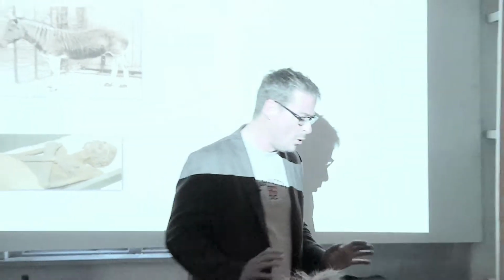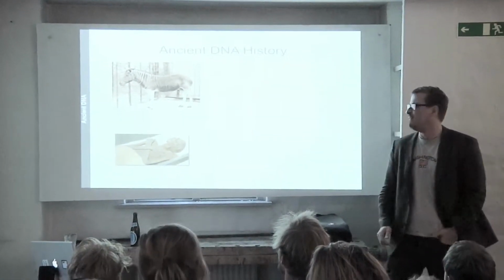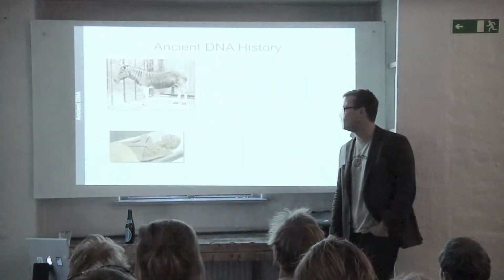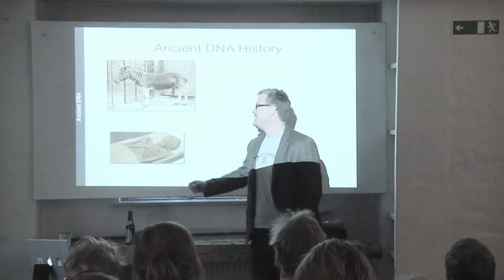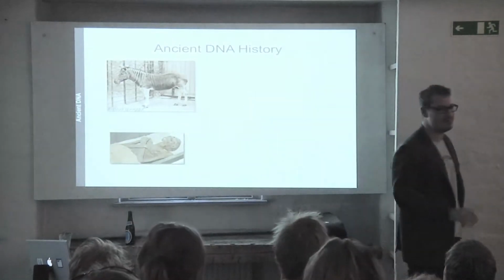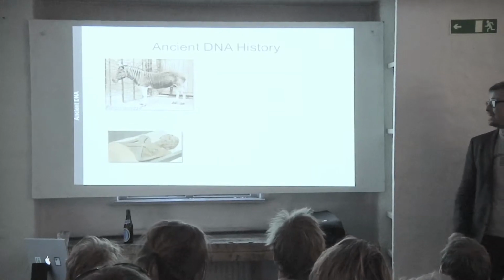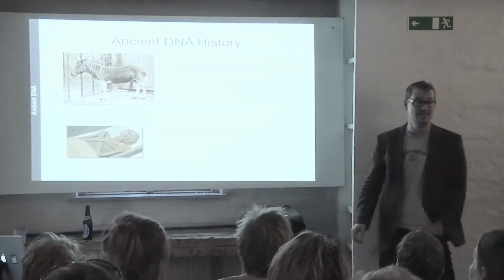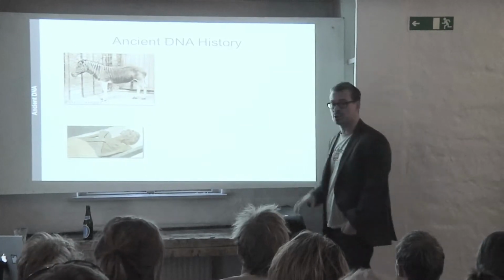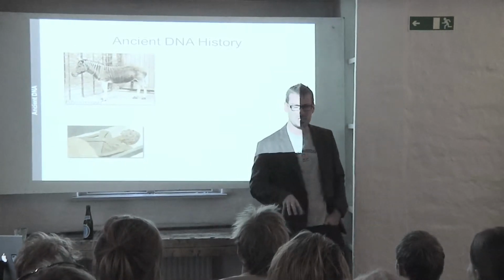Okay, so it basically all started back in 1984, where a guy called Alan Wilson from Berkeley University showed it was possible to obtain DNA from the skin of the quagga. This is a quagga. It's a zebra-like animal that lived and died out in South Africa in the end of the 1800s. And then the year after, a young Swedish student at this time, his name is Svante Pääbo, who